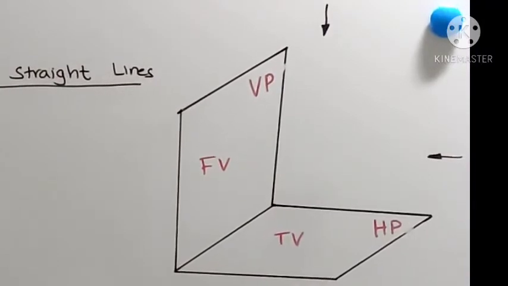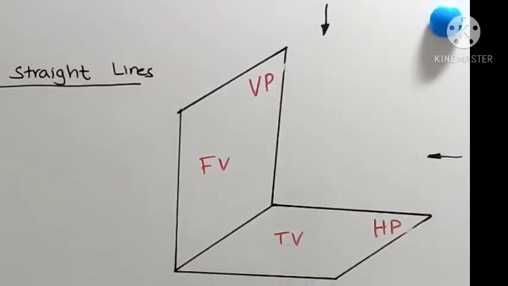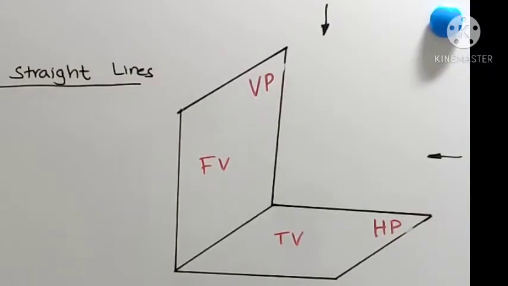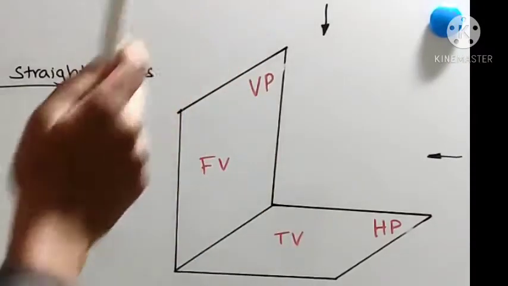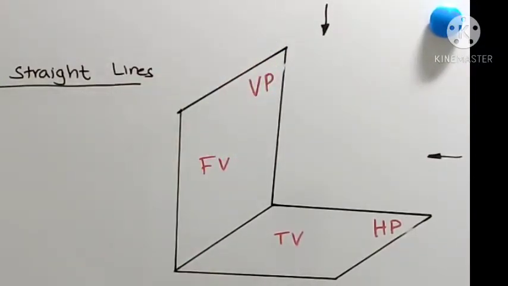So before getting into the projection of straight line, let me give you a small demonstration. So this is the first quadrant. This is your vertical plane and this is your horizontal plane. In order to take the front view, the position of the observer will be parallel to the vertical plane. So this will be the position of the observer, and from here he will try to take a view. That will be nothing but the front view. After that, in order to take the top view, the observer will move just above the horizontal plane, and by positioning here he will take a view. That particular view is called the top view.